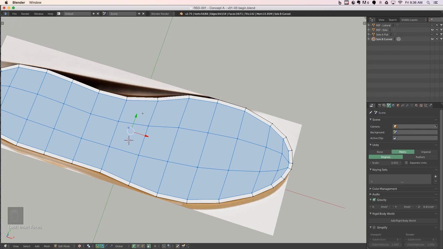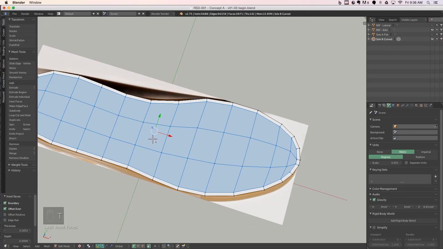This is all still selected, by the way, of course. I'm going to hit T. And it just means all these interior polygons and verts are still selected. So I still have this inset faces little dialogue. I really wish this popped up somewhere else, but it pops up over here for some reason, which isn't super intuitive as to what's happening, but it is what it is. So for the thickness, I'm just going to type 3. And if boundary and offset even,